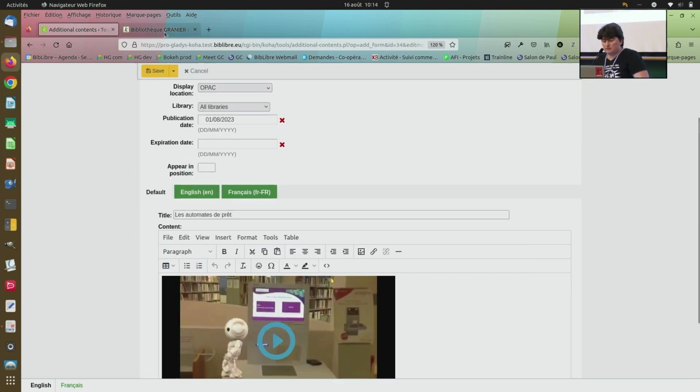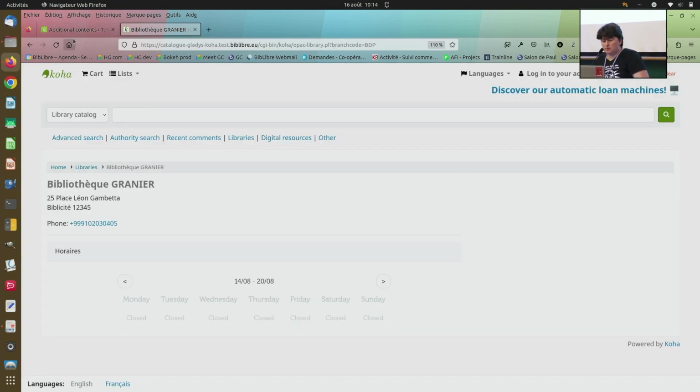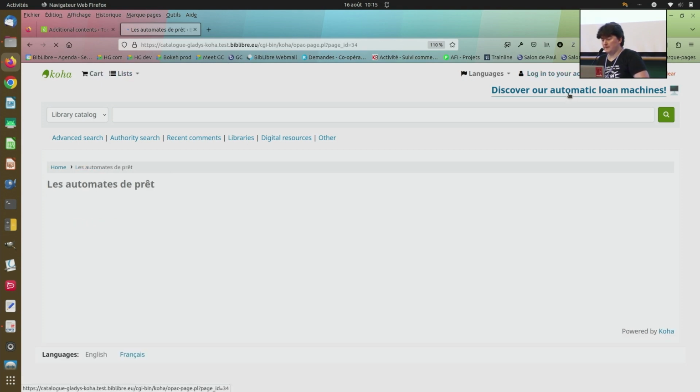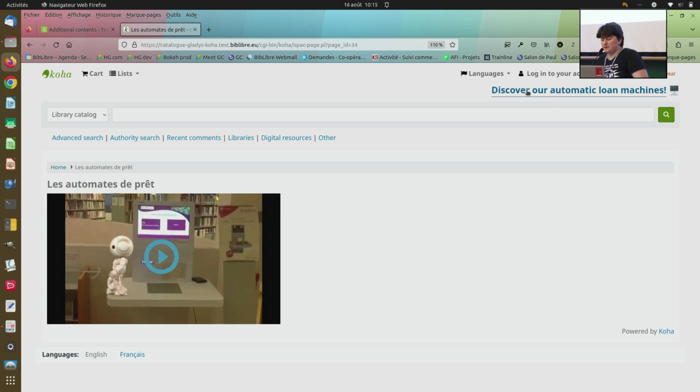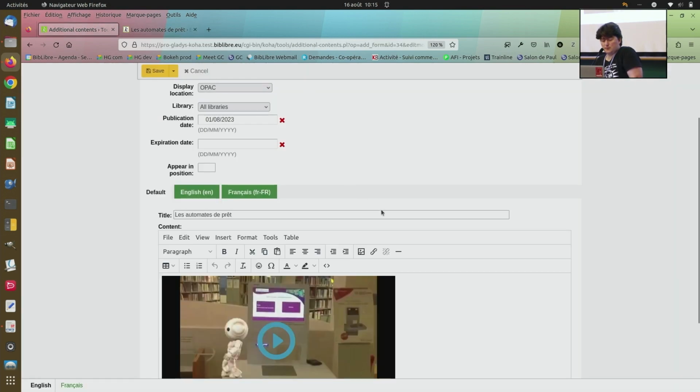And what I do is that I just use the OPAC header that I showed you before, and I just make a link to my pages. So that's not in the menu, it's just in the OPAC header. It's one place I can use to make some links. And if I want to extend the menu, then I can use